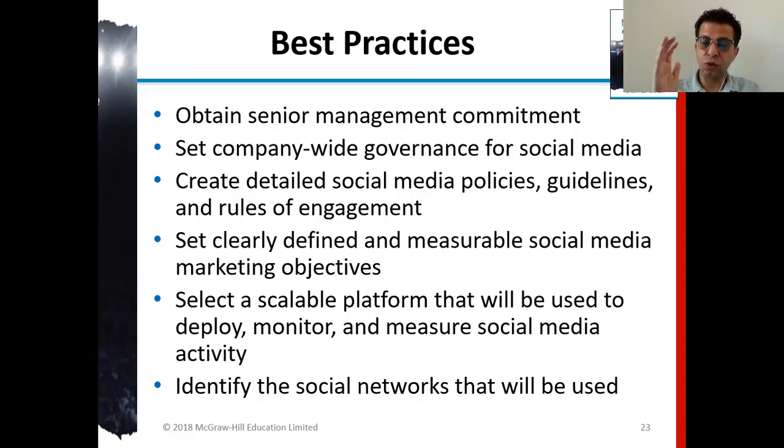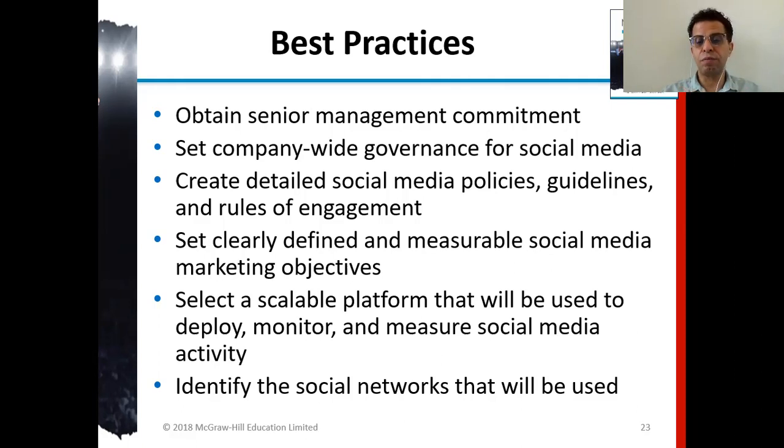So you have to make sure the rules and everything are set up. You also need to clearly define measurable social media marketing objectives: how much money is being spent on social media and your time, and what's the result? There are tools that you can use to find out about it.